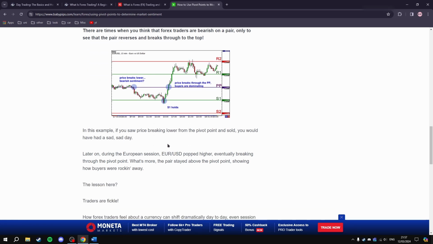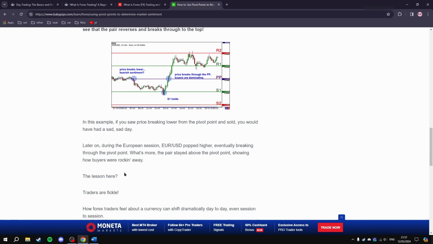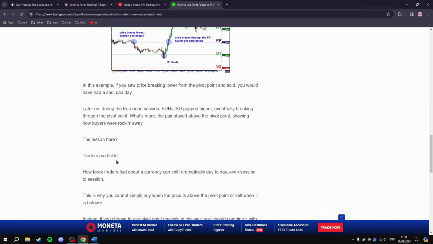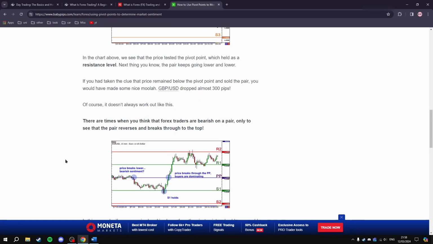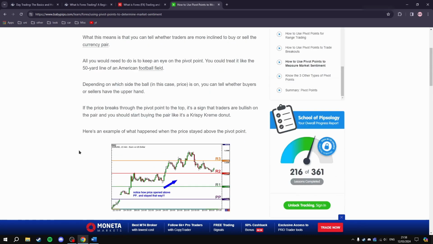Later on during the European session, EUR/USD popped higher, eventually breaking through the pivot point. What's more, the pair stayed above the pivot point, showing how buyers were rocking away. The lesson here, traders are fickle. How Forex traders feel about currency can shift dramatically day to day, even session to session. This is why you cannot simply buy when the price is above the pivot point or sell when it's below it. Wait, but then it just told us,